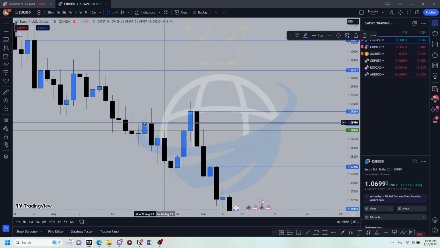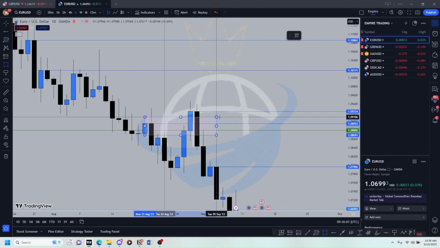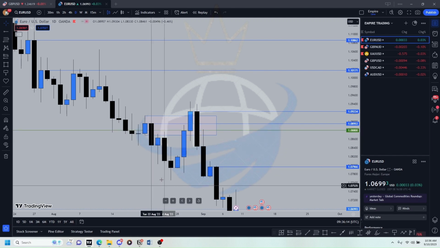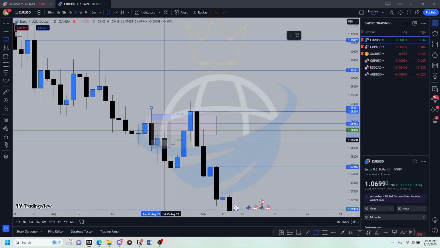Plotted this on our body to body area. Then we have our daily areas like this, and now we are looking at taking short positions when price comes back to this region, right? The first time it comes back to this region, we're looking to take continuation shorts. Now if you take our fib from this area, from the high to the low